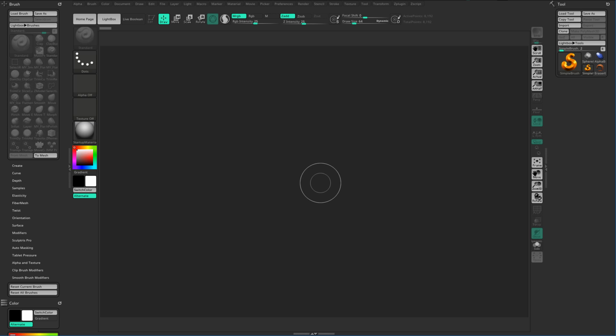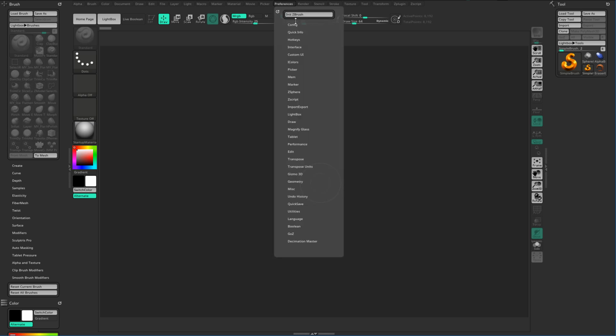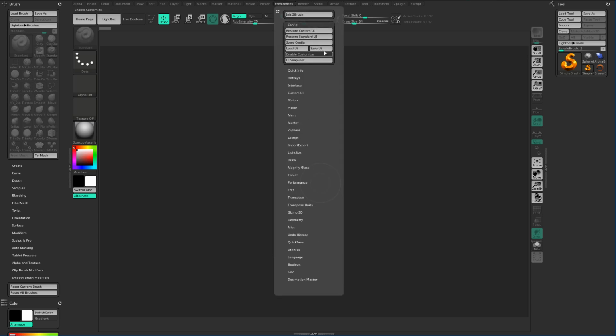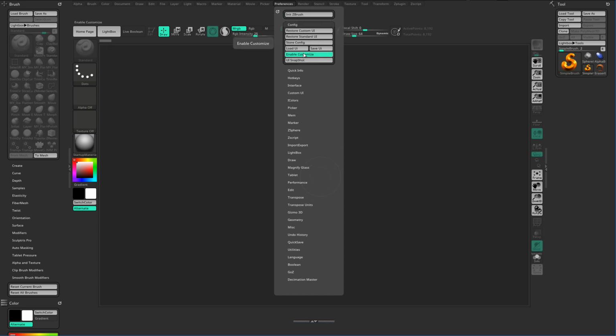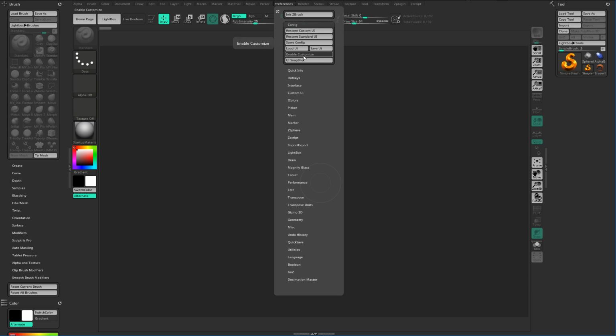Like I've already mentioned in the previous chapter, we will take a look at how to rearrange the interface icons to personalize ZBrush even more. So for this reason, I go to the preference palette again and go down to the config subpalette and take a look at this enable customize button. And when I click on it, you will see that the interface slightly changes, and that's because I enter this